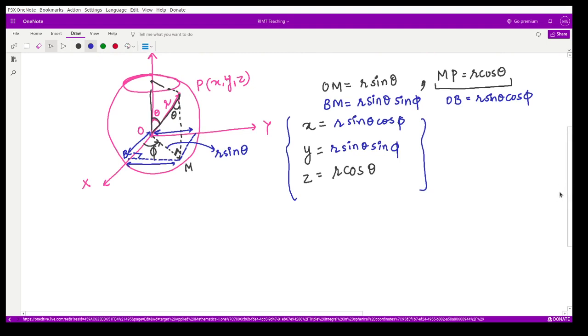Now you know the relationship. For completing this whole sphere, what should be the limits here? The limits should be that r is always greater than 0. This is one thing, because we are always taking the direction outward from this origin, so r is always positive, and the angle theta lies between 0 to pi. So what do you mean by that?